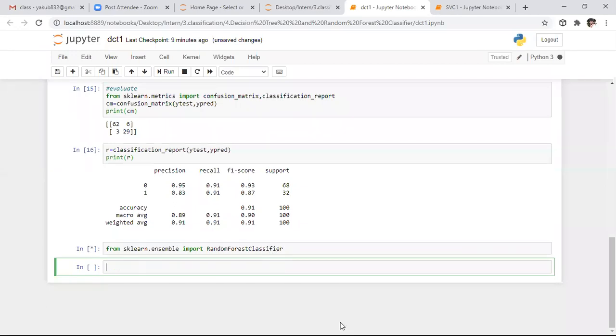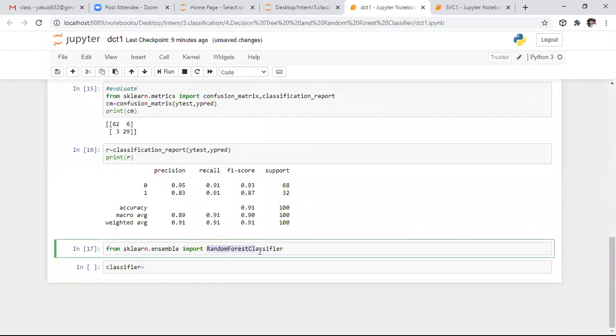Whenever you want to use the random forest classifier, we need to import it. Here this random forest classifier is imported successfully. After that, same thing, I'm saying classifier equals to, we need to create an object with this specific class. Here I'm creating that.